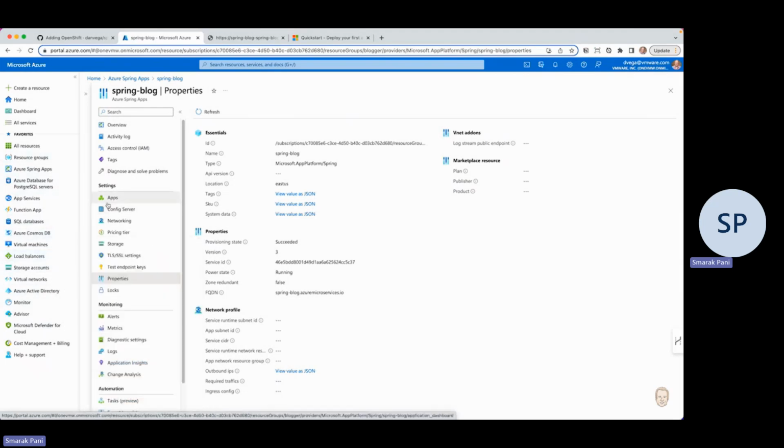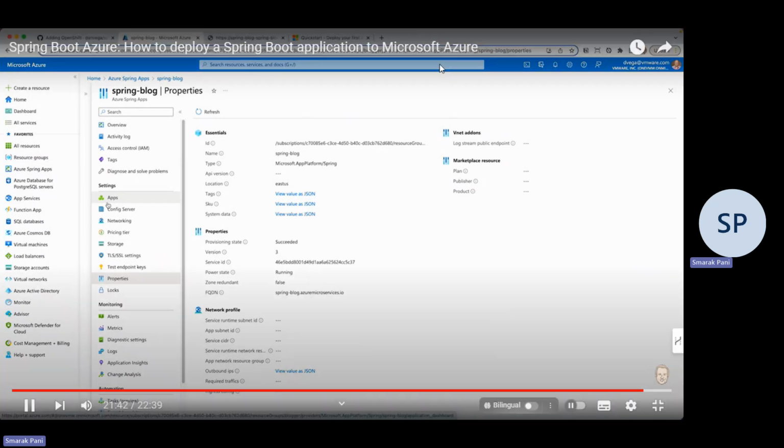That's outside of this particular video, but what I wanted to get across with this was, hopefully, to give you the few things you needed to know to be able to get that first Spring application into production on Azure Spring Apps. I'm really enjoying Azure Spring Apps. It just makes things very easy to do once you have these